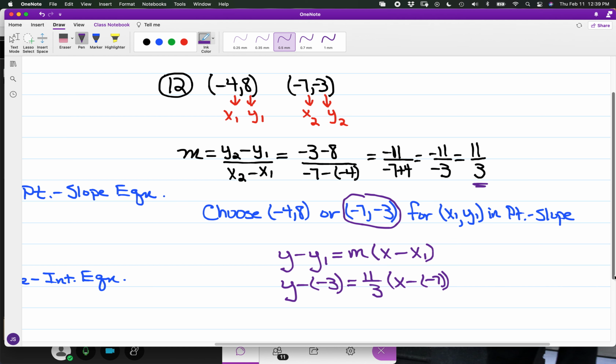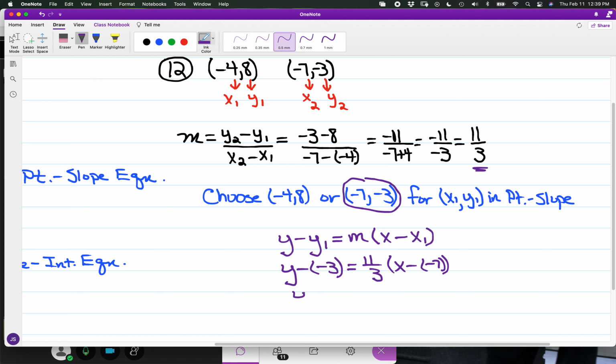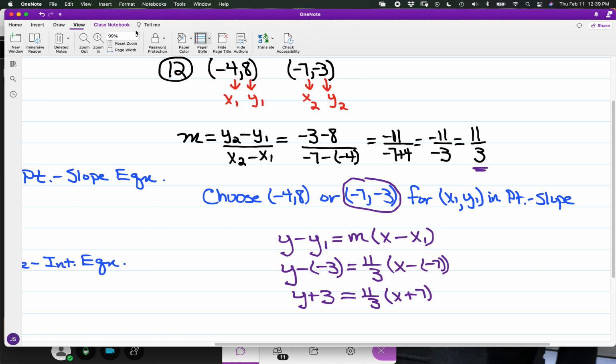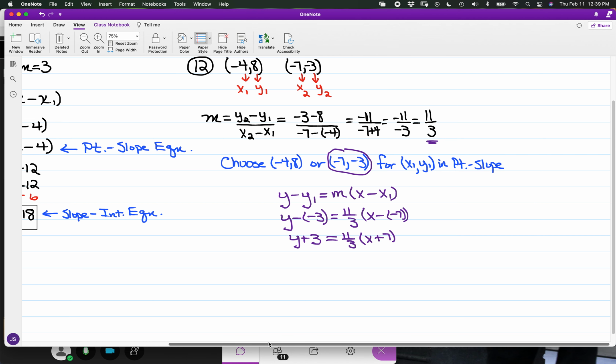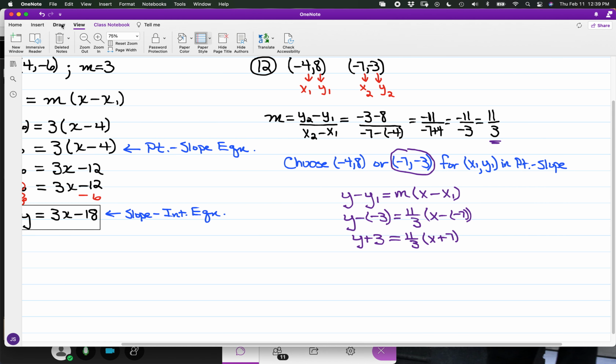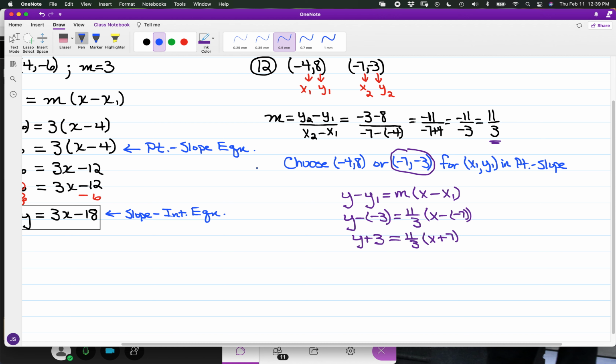In looking at undoing the subtraction of a negative, again we have y plus 3 is equal to 11/3 times the quantity of x plus 7. So for what we have in the framework, this equation is the point-slope setup, and now for the slope-intercept form,